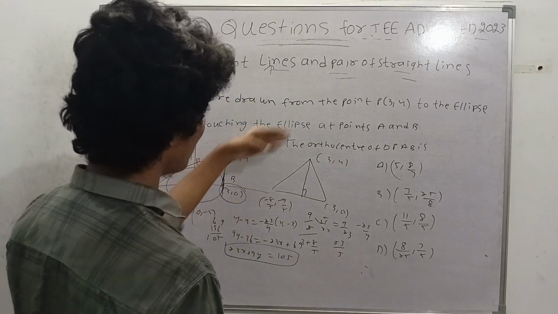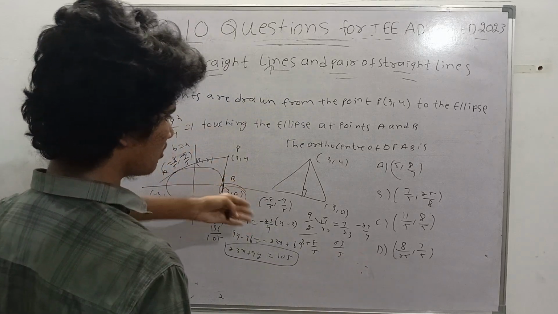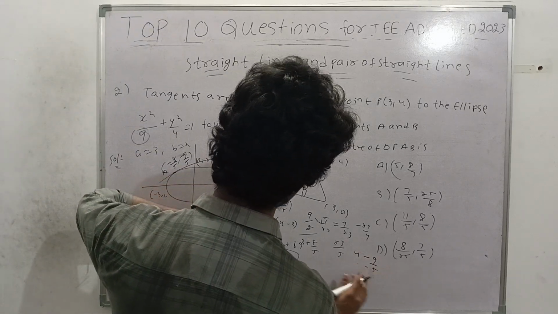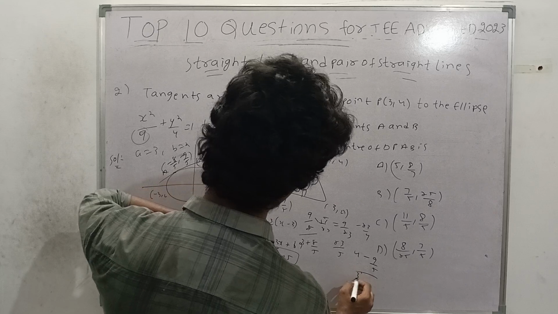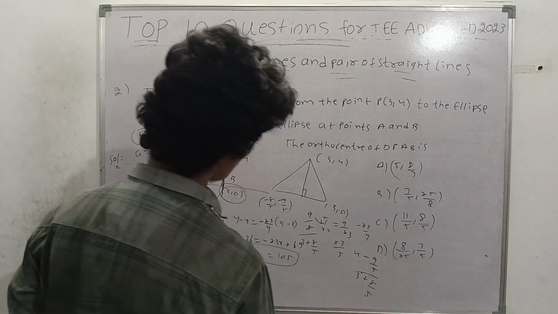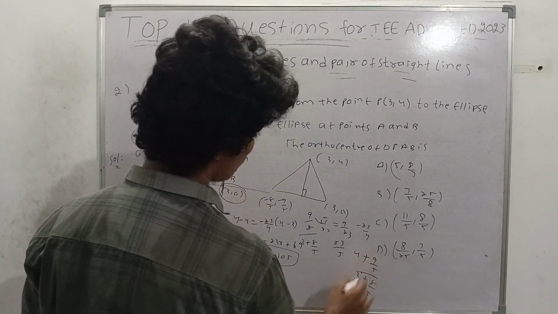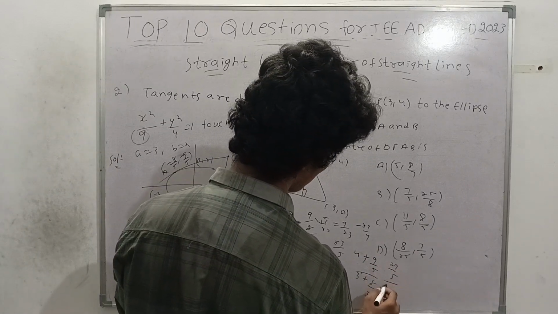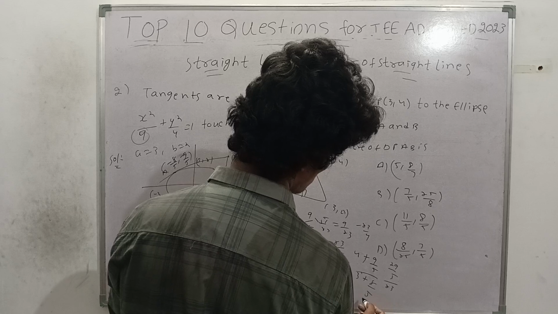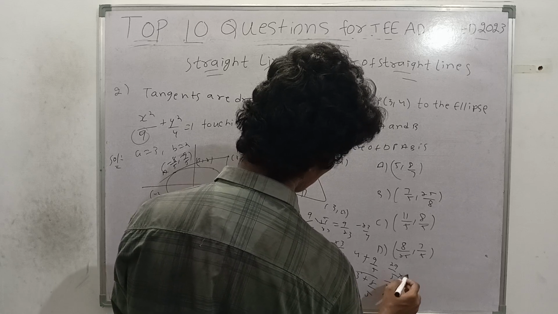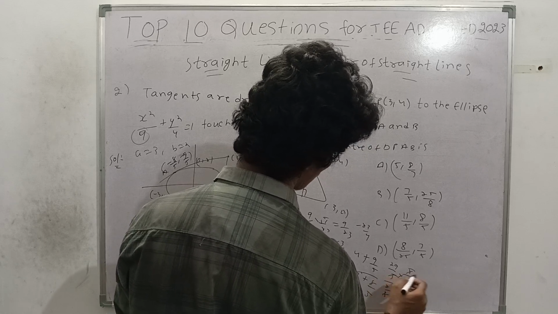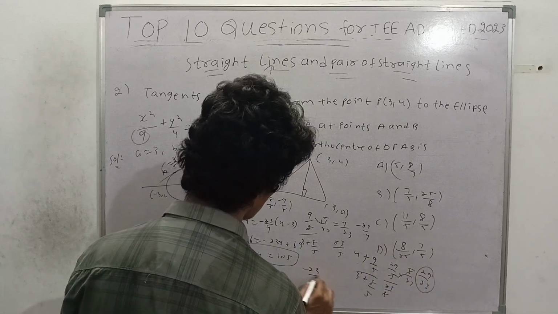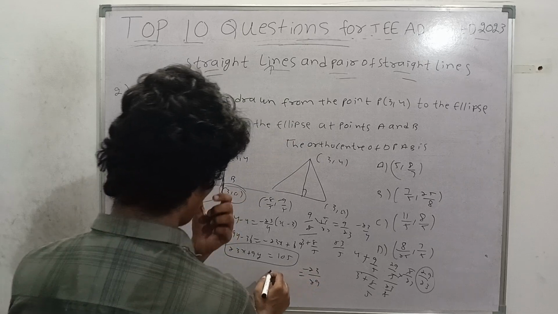No, you can take it like this. This thing I already did. This thing you can take. It will be (4 − 9/5) divided by (3 + 8/5). Here, 4 plus 9/5 divided by 3 plus 8/5 will be 29/5 over 23/5, so 29 by 23. This is a slope, but we can take minus 23 by 29, and the passing point is